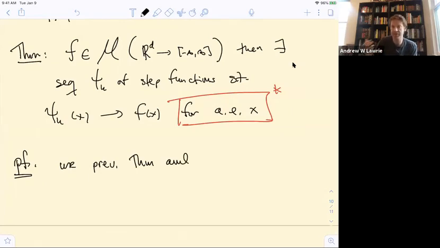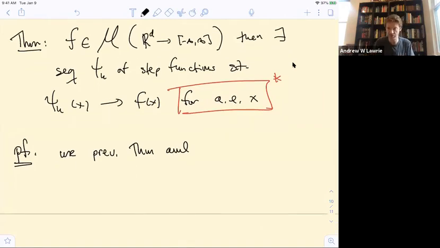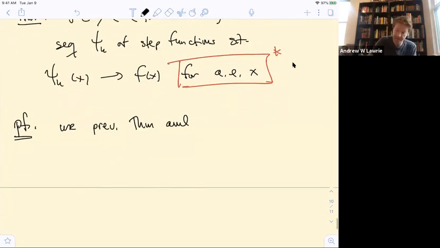So, previous theorem, we have a bunch of simple functions, which are weighted sums of characteristic functions. But then we know that every measurable set of finite measure, you can find finitely many almost disjoint cubes that approximate the measurable set in the sense that there's arbitrarily small symmetric difference. So use the previous theorem and the fact that